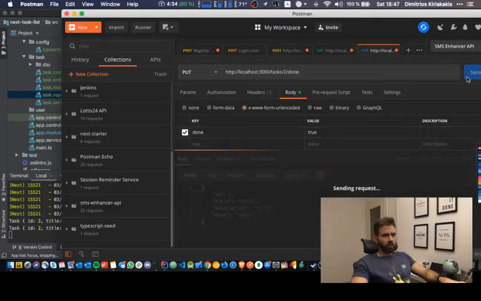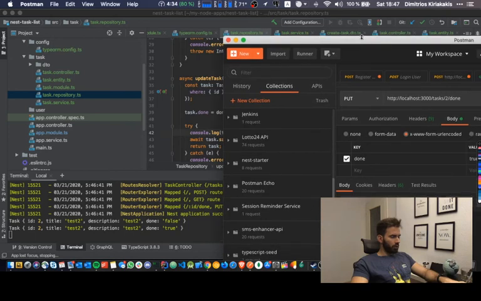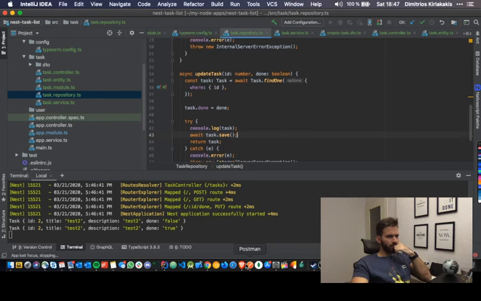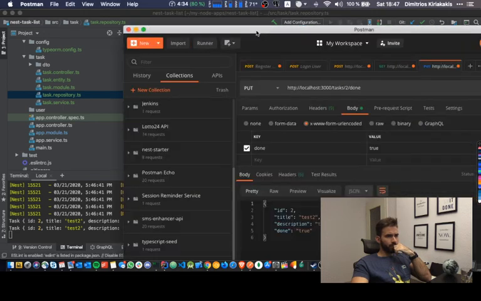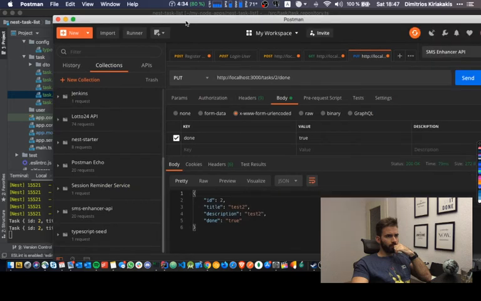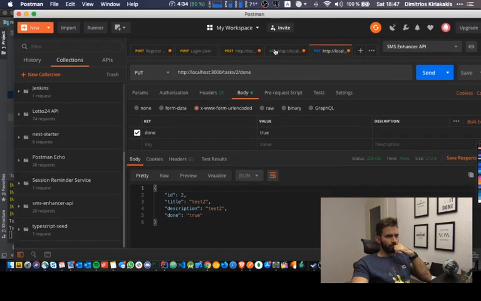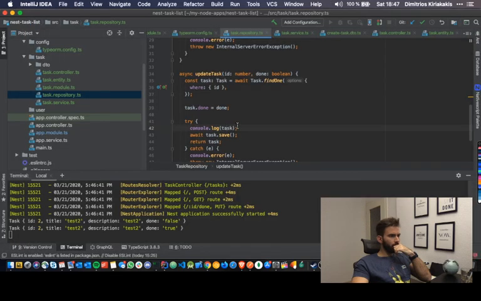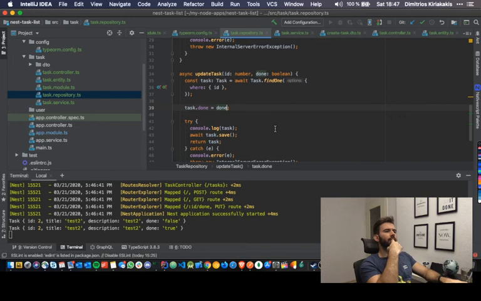We send again. We get true. So something is wrong here. And save function probably. Interesting. Why? Maybe there is some problem with the